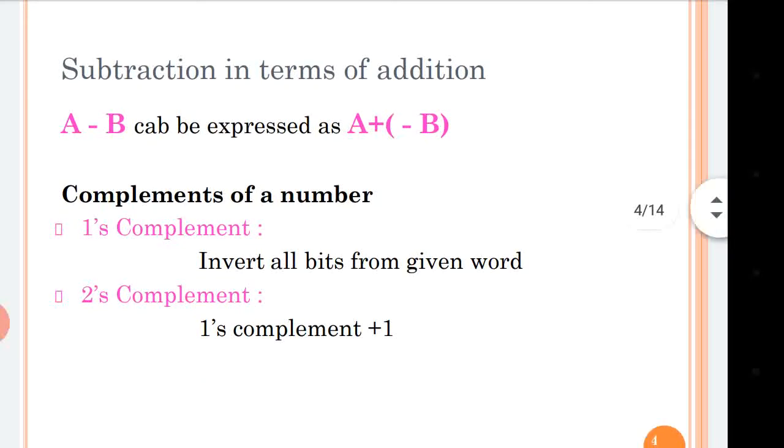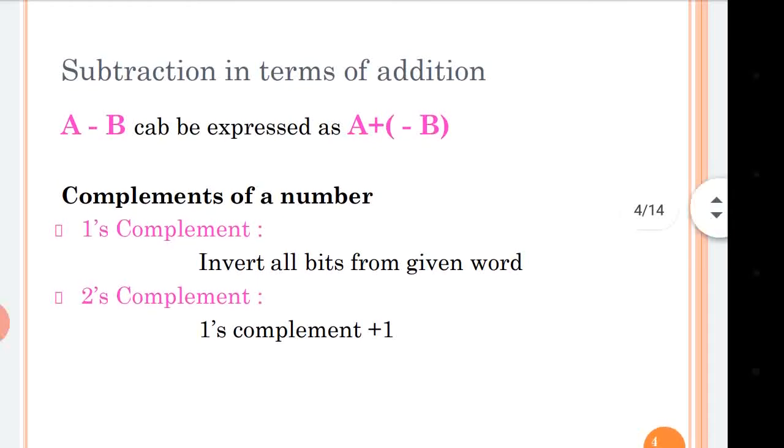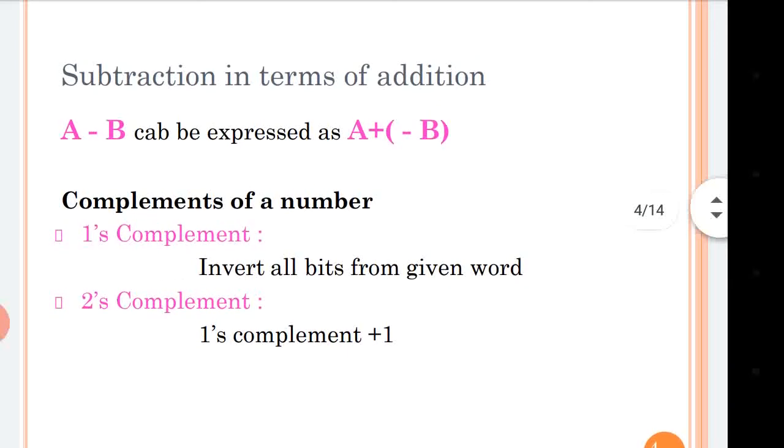Now, if you want to express subtraction in terms of addition, because you have observed that it is easier to find addition instead of subtraction, we are expressing subtraction in the form of addition. That can be achieved by using two methods, which are one's complement as well as two's complement. So basically, if you want to subtract two numbers, that is a minus b, it can be expressed as a plus minus b, which is as good as adding two numbers.